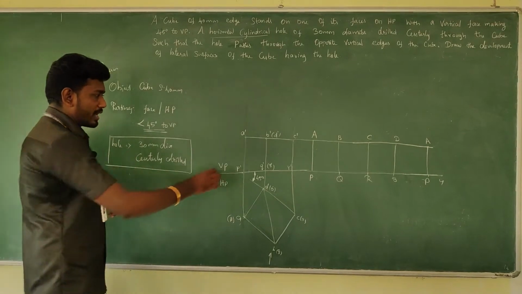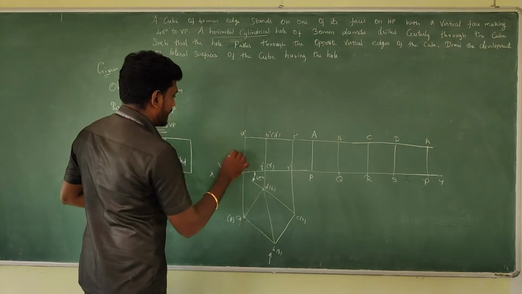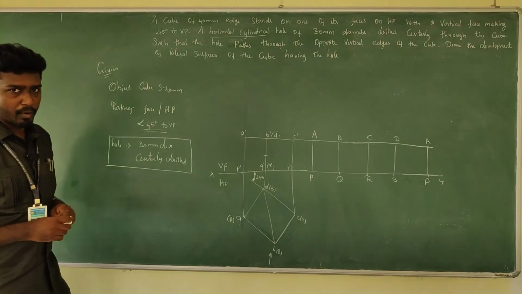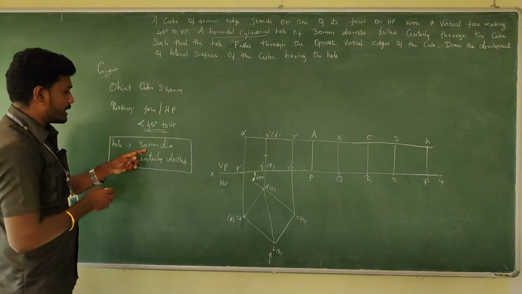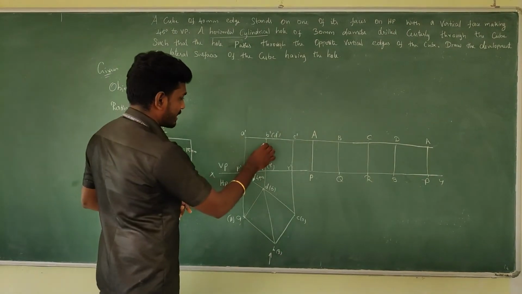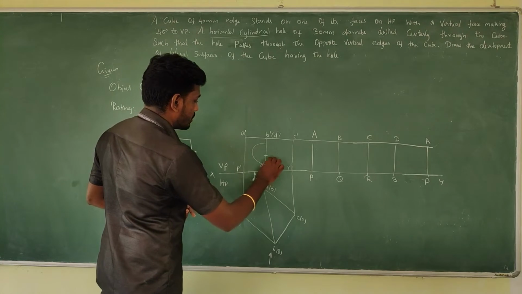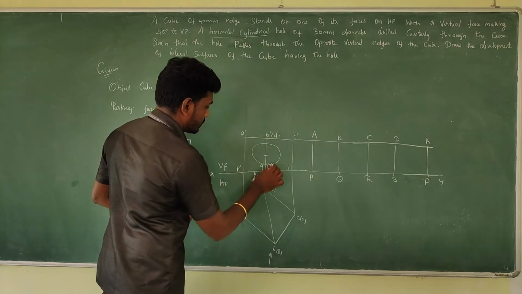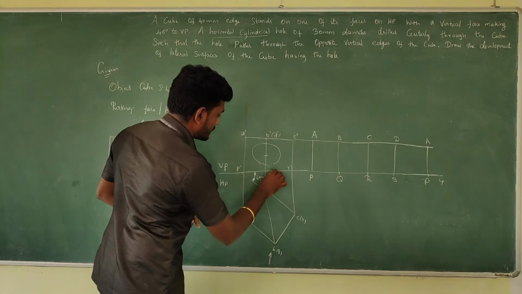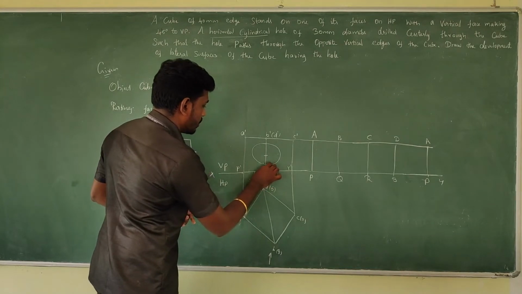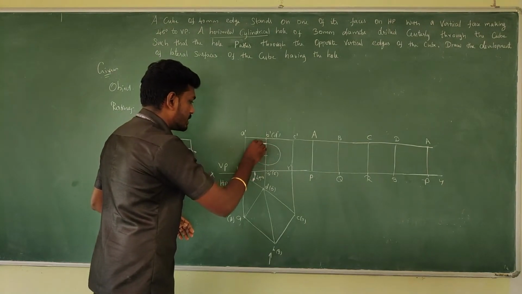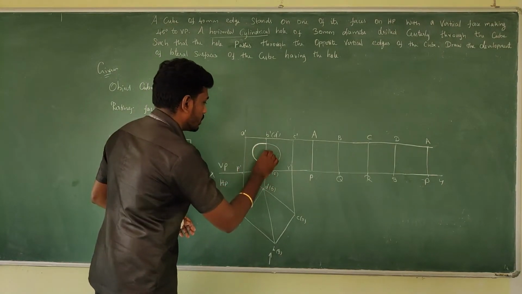So the height of the object is 40. I'm going to keep at 20, mark a point, and measuring a 15 mm radius in the compass, draw this circle so that the circle forms something like this. Here is Q dash and S dash. In the front view, the circle will be seen, so we can make it a dark one.